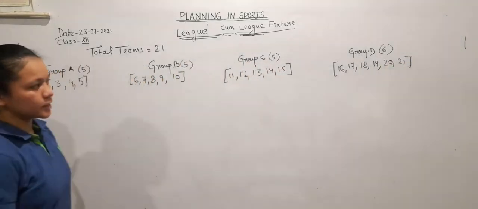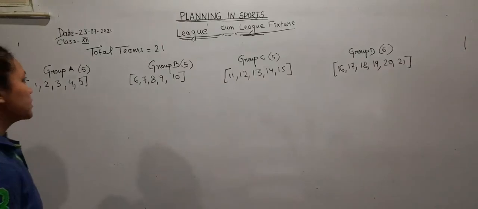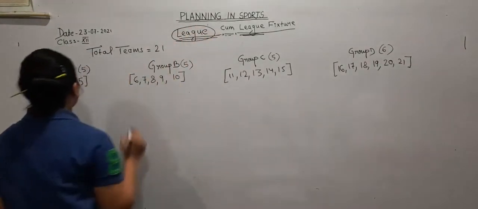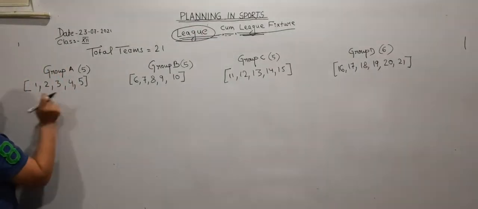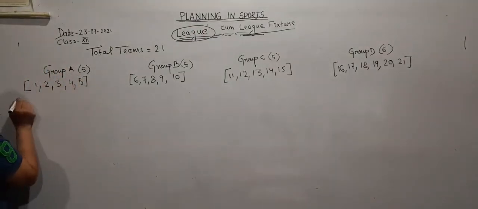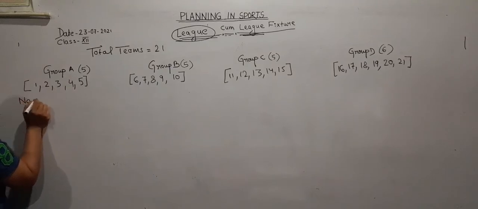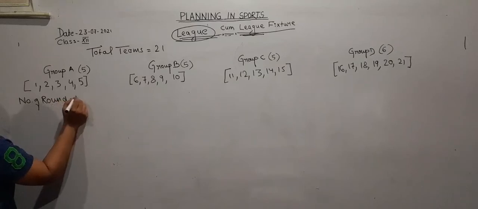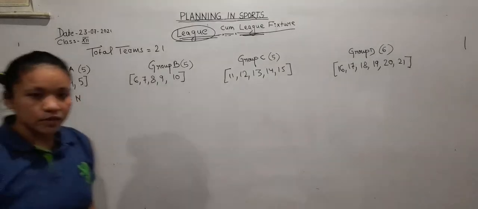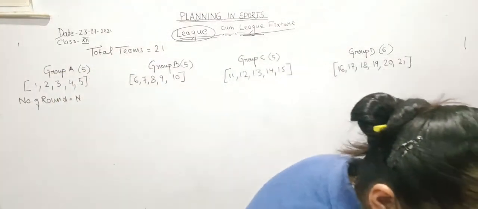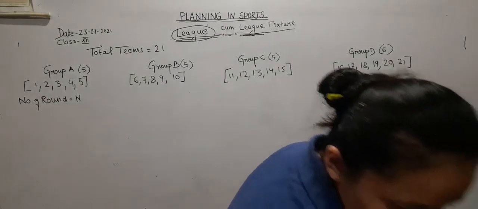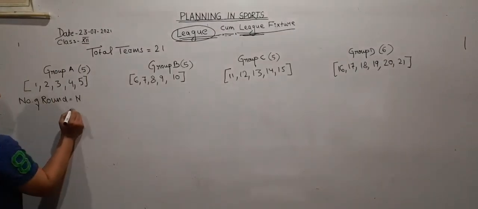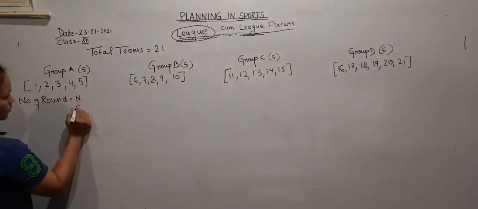First step, divide the team into 4 groups. Since it is written league, so competition as per the league. There are 5 players. Number of rounds for odd numbers: if the total number is odd, then the number of rounds is n. Means here the number of rounds is 5.